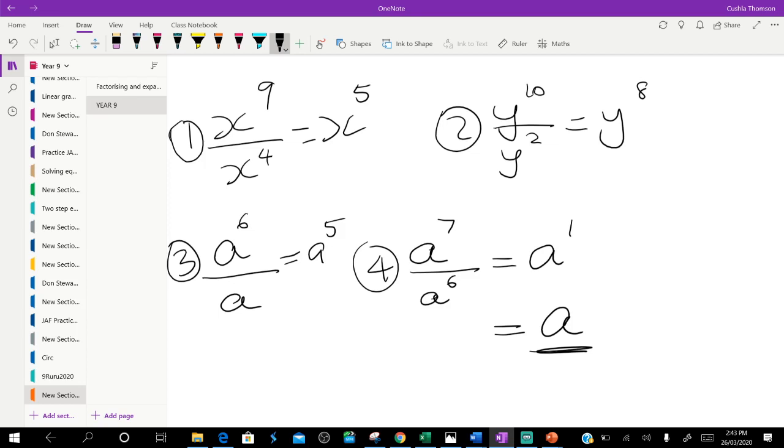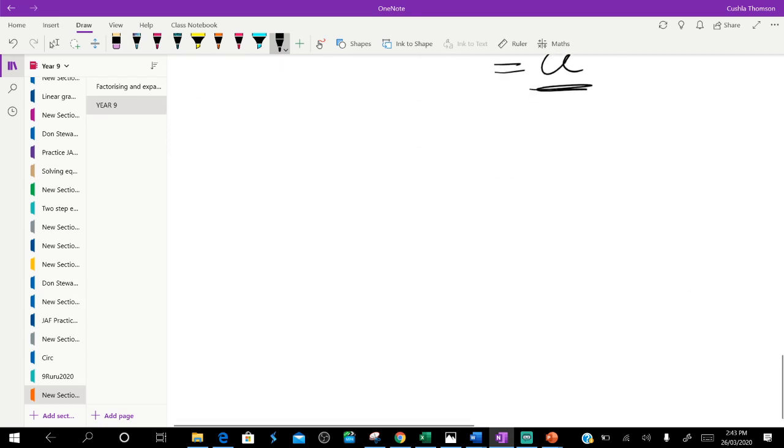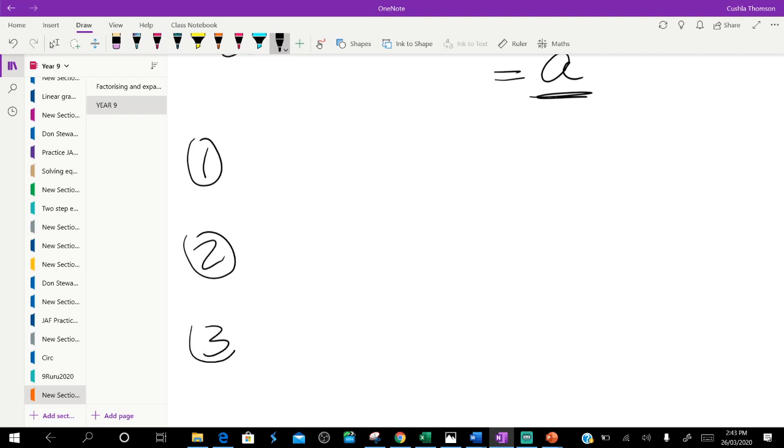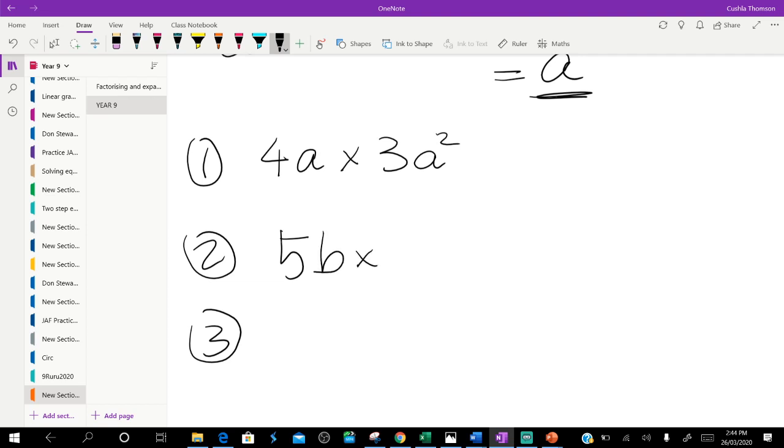Fergus, are you out there or have you disappeared? Okay, so now we're getting the hang of division and multiplication. We're going to do a tiny bit of revision before we go on. So we've done numbers, we've done coefficients and multiplying, and the next thing we're going to learn